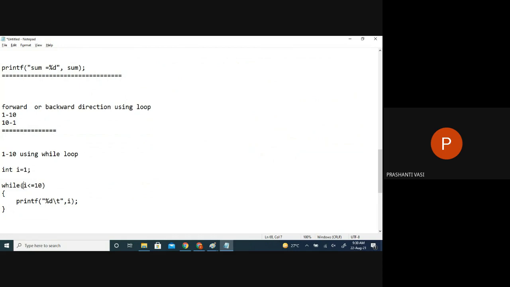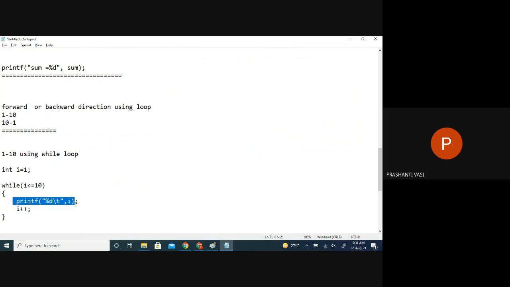Initialization, then the condition is checked, whatever is kept in while. If it is true, it has to execute everything inside the body of the while loop. After executing this, the next expression is increment or decrement as per the requirement. After the increment, the new value is again checked with this condition. Again, if the condition is true, we execute the body and come back here. Till 10, the condition is true: 10 is less than or equal to 10 is true.